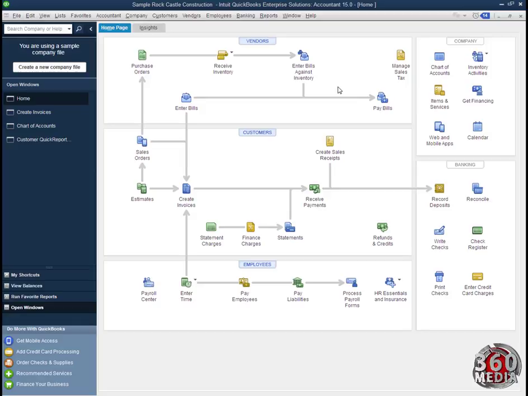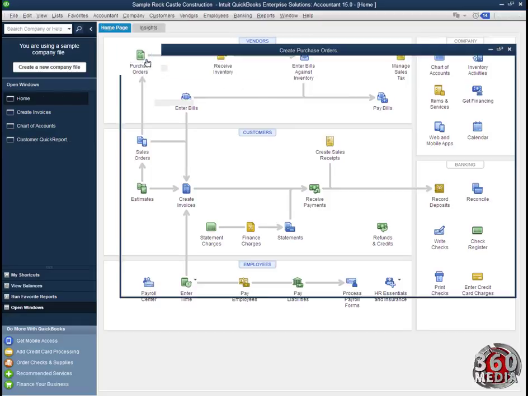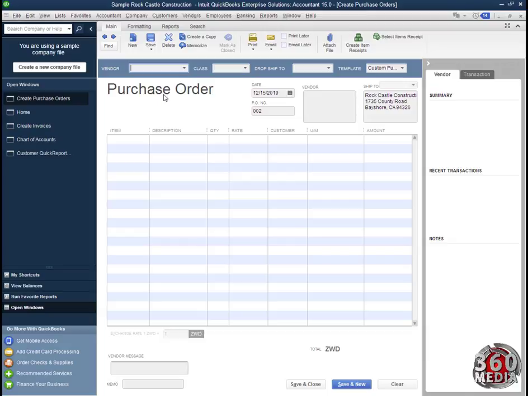So we're going to go through creating a purchase order, receiving the inventory, and then paying for the inventory. Okay, so let's go ahead and make the purchase order. To create a purchase order, I click on this icon up here. The purchase order is similar to an invoice. If you can see this screen, it's similar to creating an invoice screen, except this time I'm creating a purchase